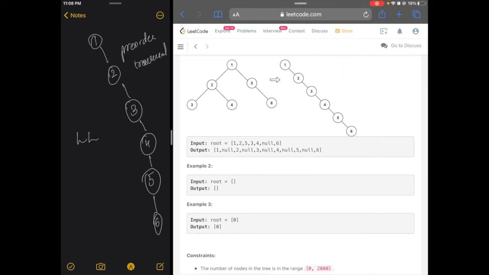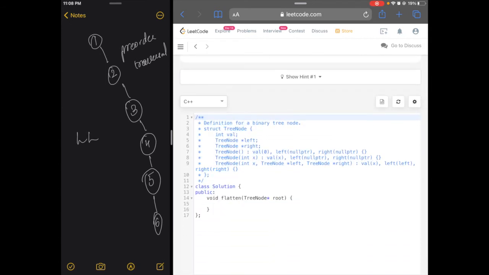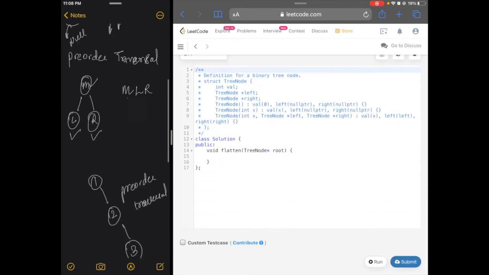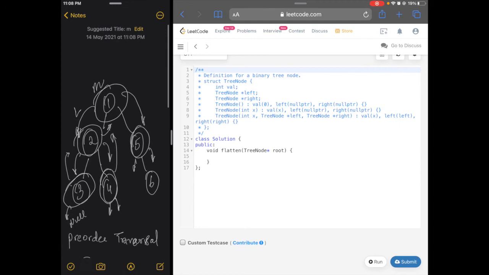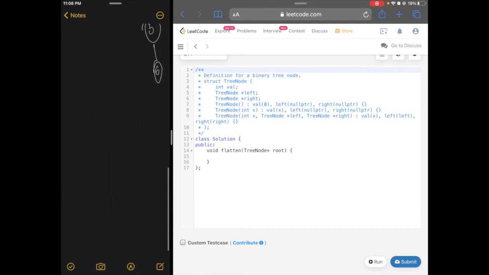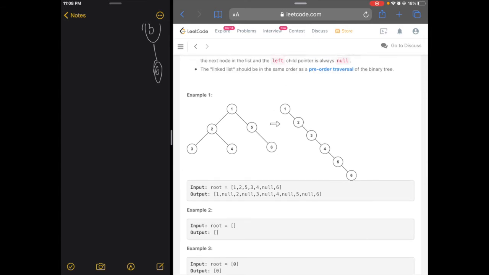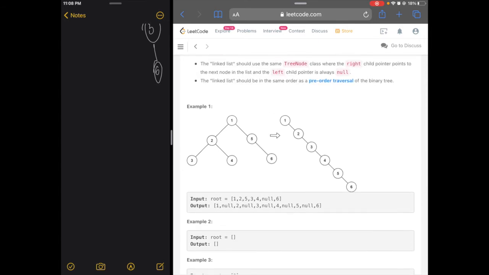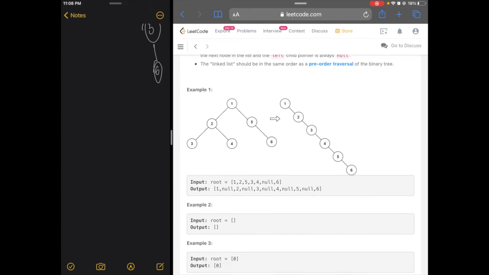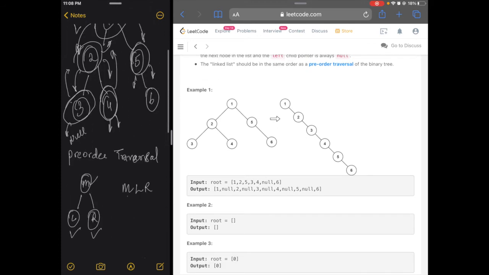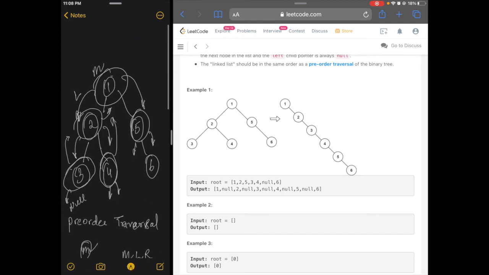Okay, now if we try to understand the code here, what we can do is, first, since we need to return the value of the root itself, we don't need to make another linked list to store the value. So what we'll do is that we'll go to the extreme right of a particular node. Okay, we'll follow the post order traversal.